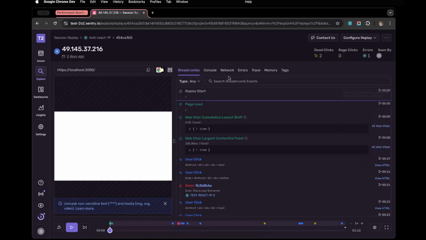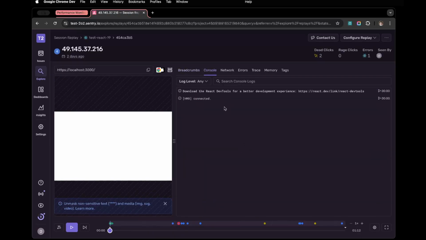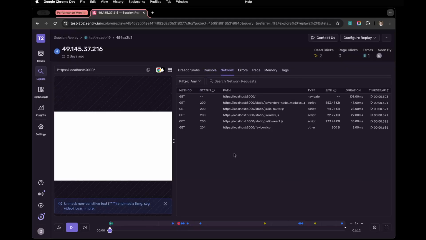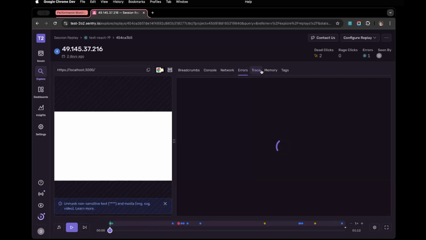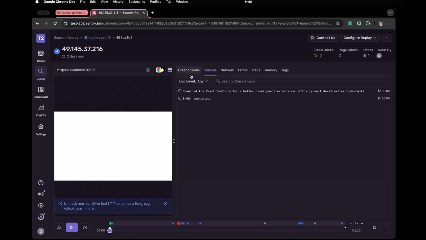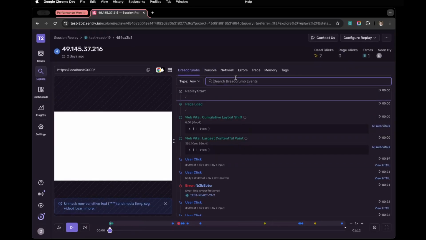As you can see in here, this is the right pane, and there are tabs: breadcrumbs, where you can see the events, and console, because it's a session replay. Then the network tab, based on the replay that was gathered, and then errors and trace. Let's go back to the breadcrumbs. As you can see, this search bar, whenever I type here,